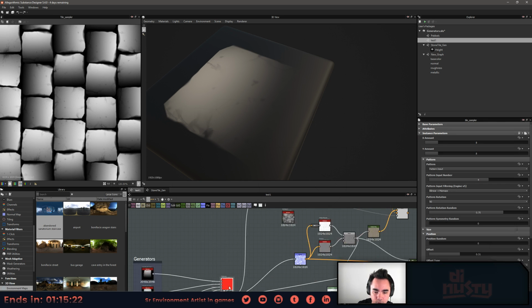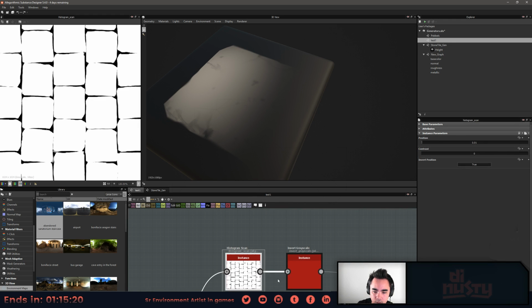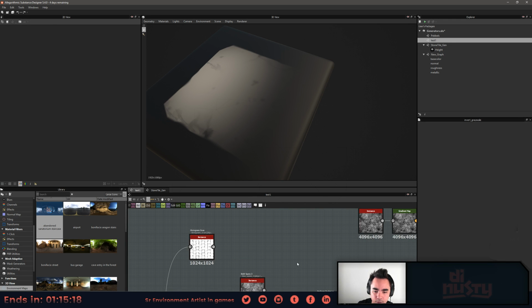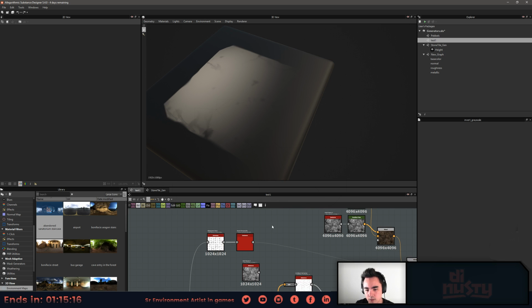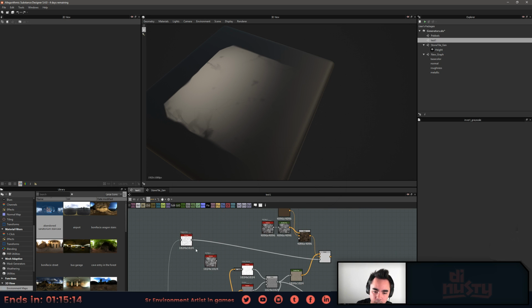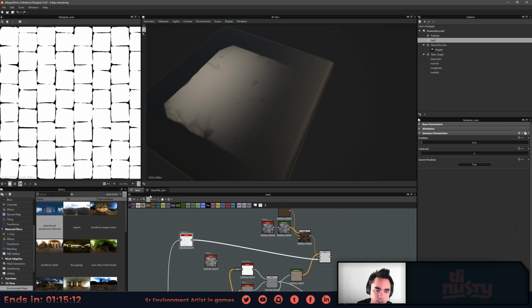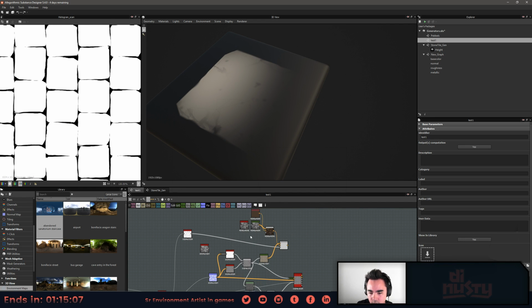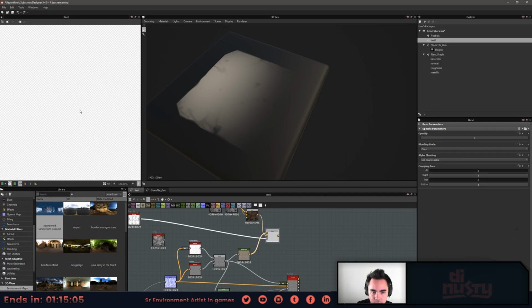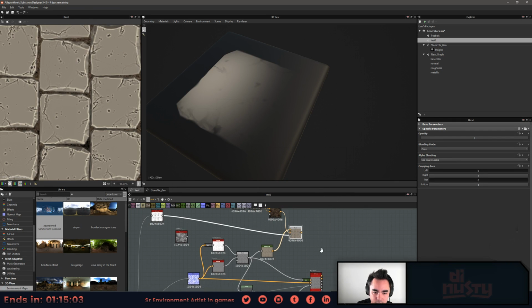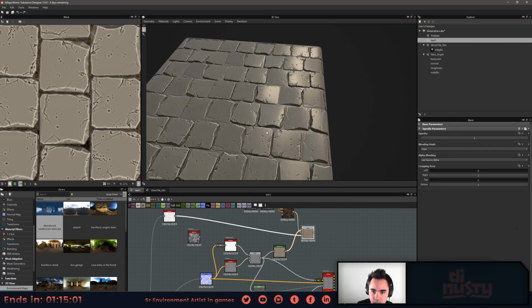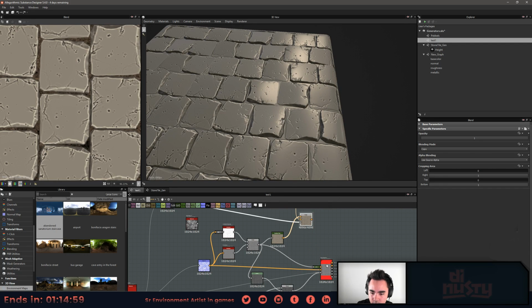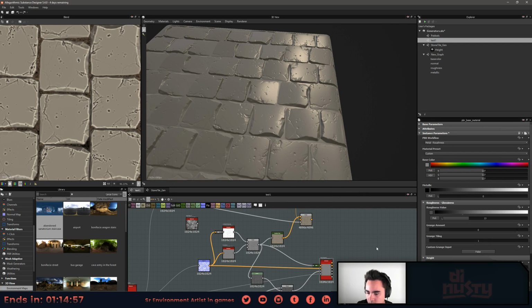So you go straight from this guy to the histogram scan, and then I don't have to invert it. Backspace. Alright, then I don't have to invert it, so I just get this. Which is giving me a decent, let's see here. If I plug this into base color,